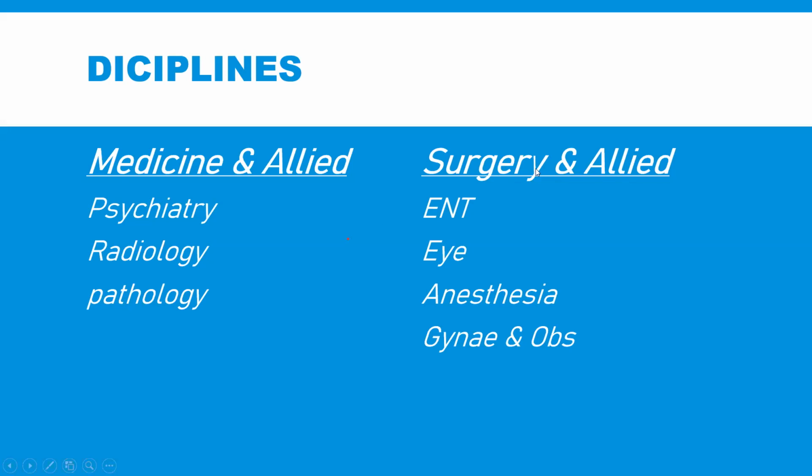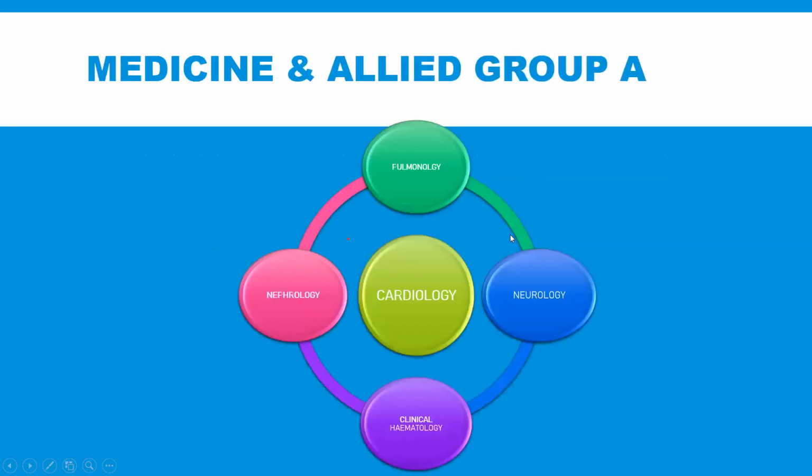And then you have surgery and allied. You have to look for surgery and certain subspecialties of surgery. This is one option, and ENT is not under surgery and allied. You have to apply and prepare differently for the ENT exam. And then you have the eye exam, anesthesia, and gynae and obs. These are the available specialties. And you have dentistry as well, if we have any dentists here. You also have an exam called dentistry, so you can apply for that as well. These are the broader categories.